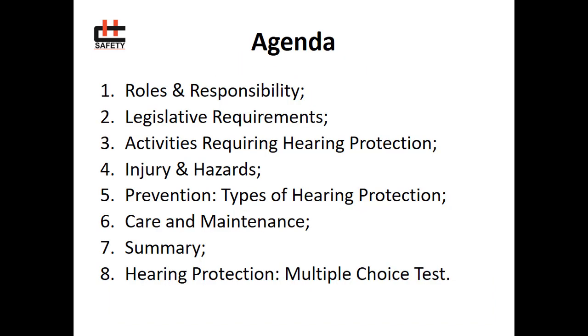This is our agenda for today. First, we're going to discuss the roles and responsibilities of all workplace parties. From there, we'll talk about the legislative requirements surrounding hearing protection. Next, we'll move into the activities that require us to use hearing protection, some of the injuries and hazards that can occur to us if we don't have it, and the prevention, types of hearing protection to better protect us from these hazards. Next, we'll talk about the care and maintenance, a summary,